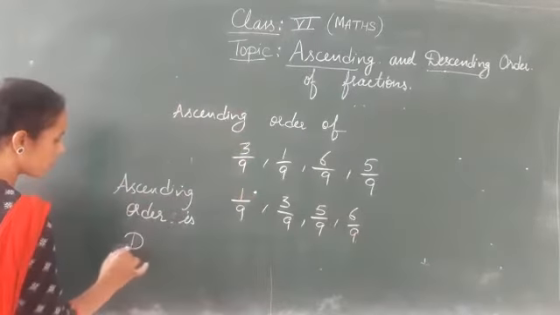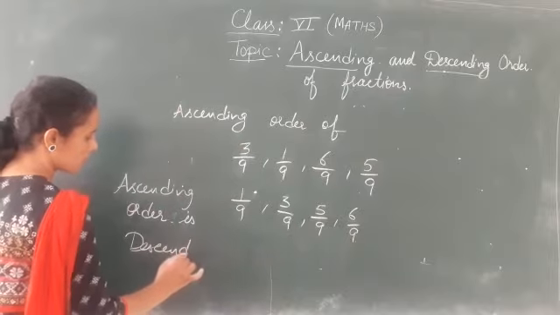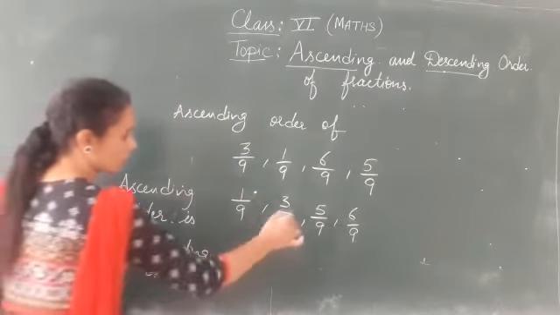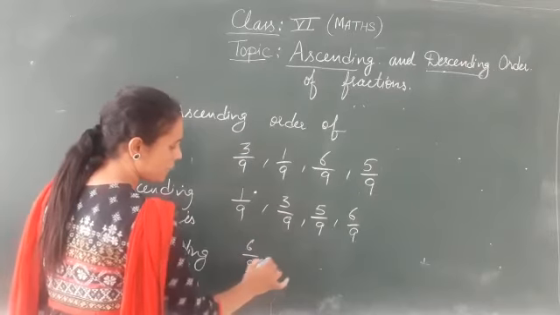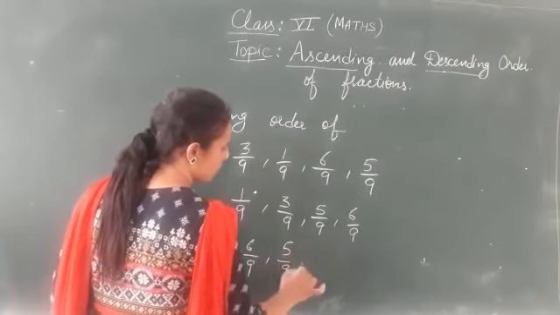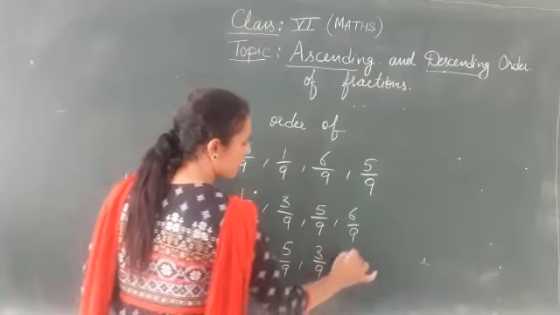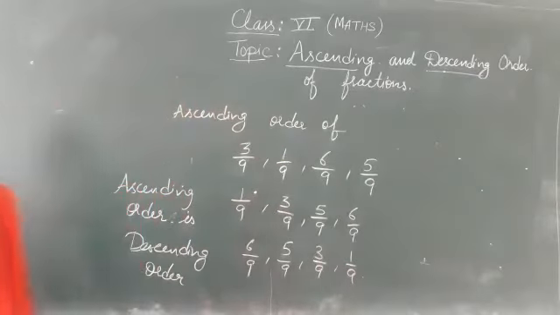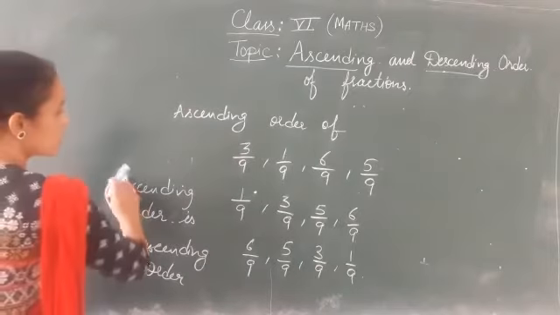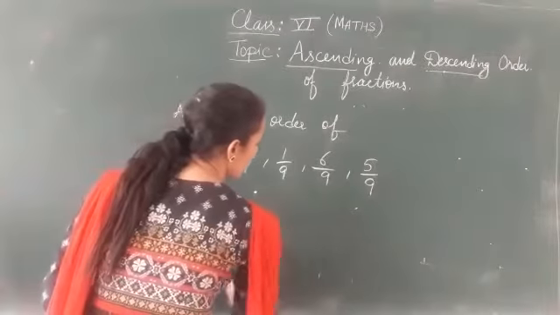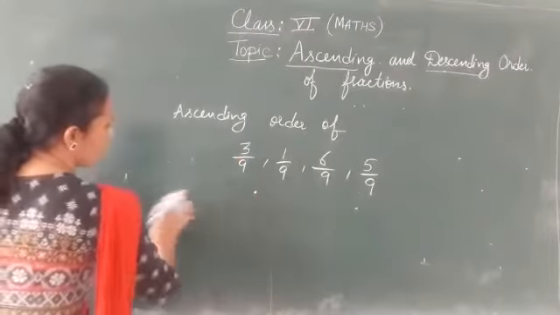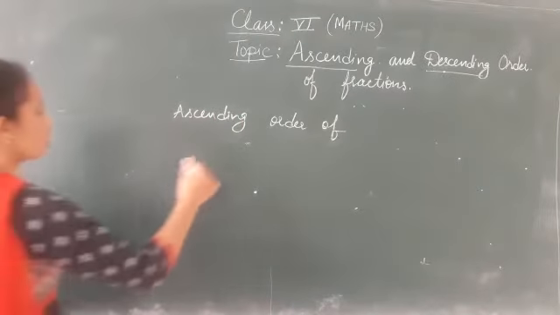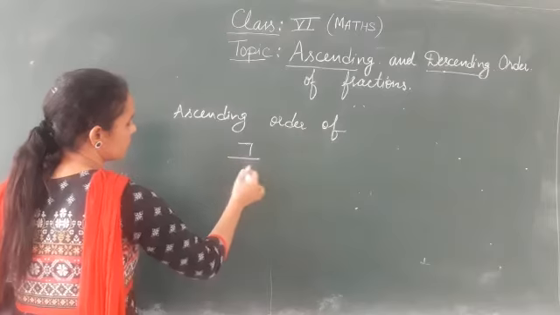Similarly, descending of this will be 6 by 9, first the biggest one, then smaller and smallest. This is when your denominators are equal, denominators are same. If your numerators are same, then how can we write ascending and descending order? Like you are having numerators as